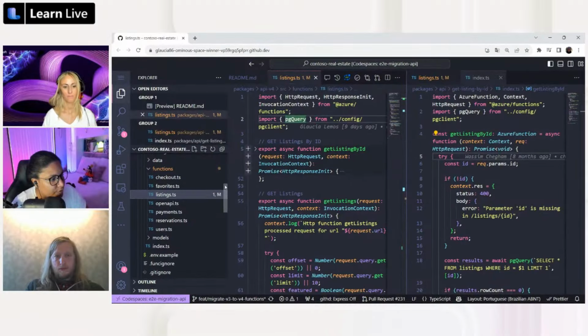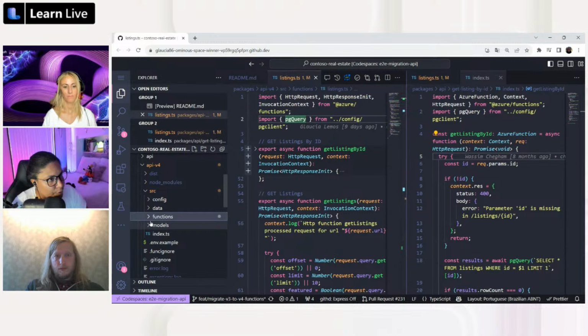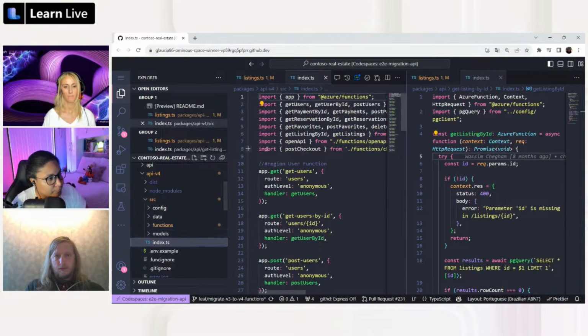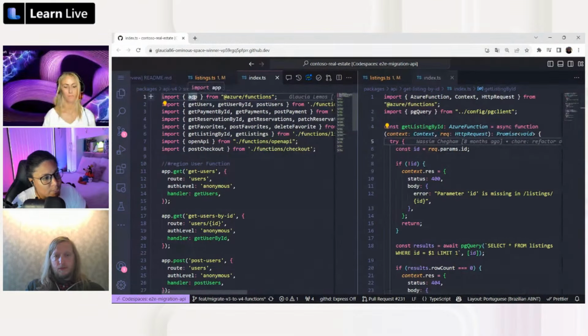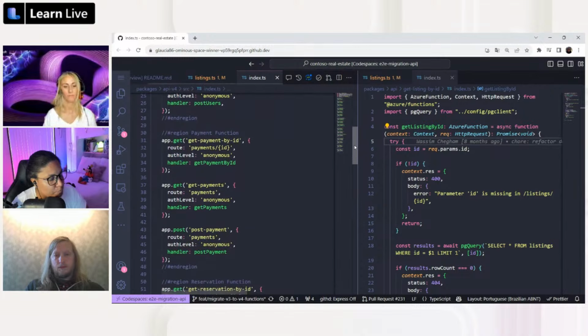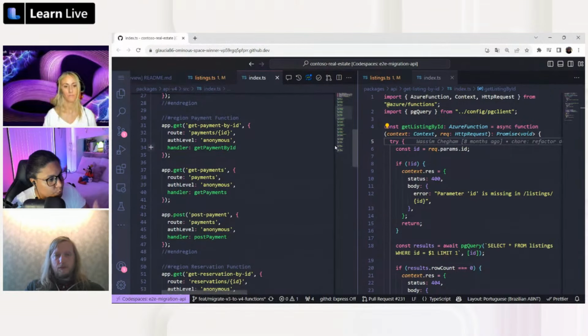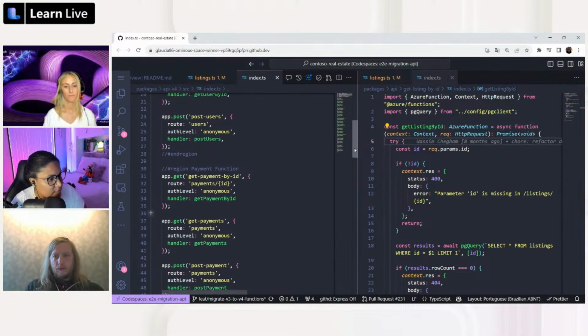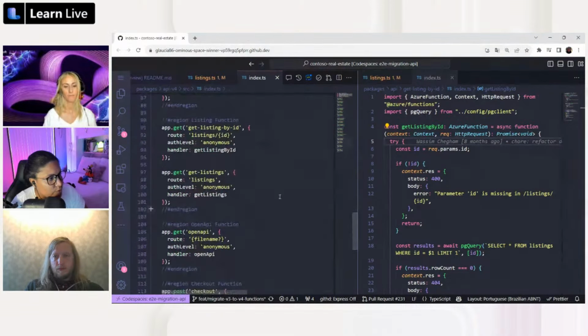you can create another, applying the SOLID concept, you can separate the responsibilities. So you can create an index file and then import this app object, as I mentioned during the presentation, and then call all the functions that you created related with the functions that you want to run under this project. So it's more organized, so everybody can see all the functions related with the project, not just only